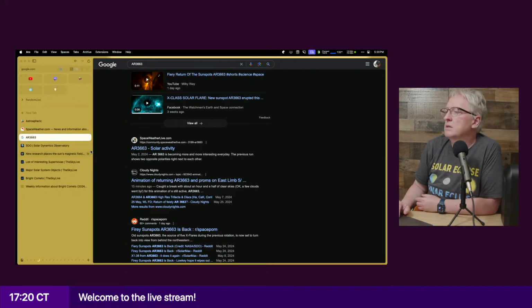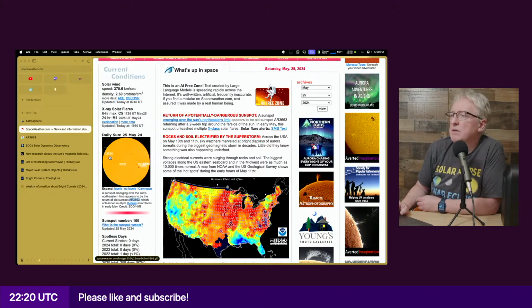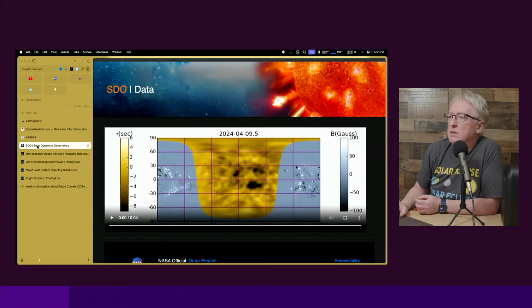Supposedly. I didn't think that was it. I thought that AR 3663 would return on this area of the sun. But in any case, what led me to believe that this isn't the same one was